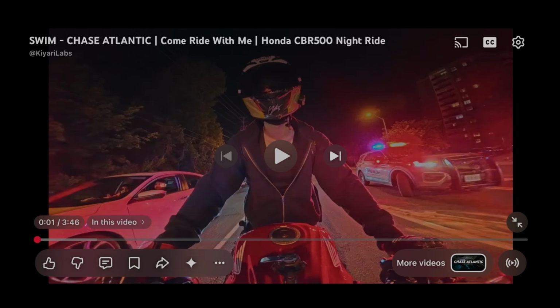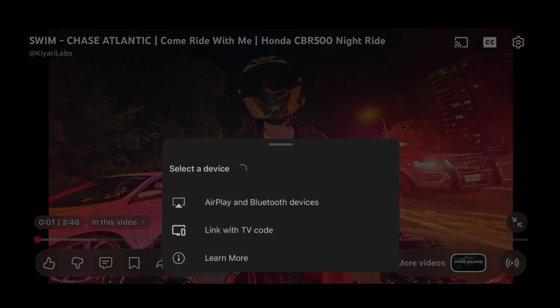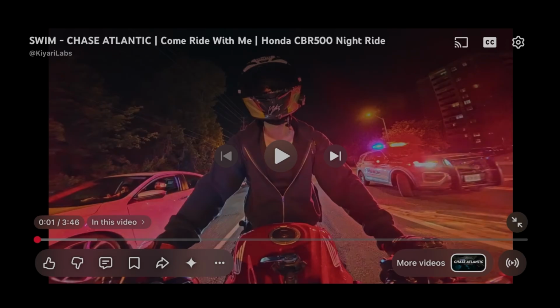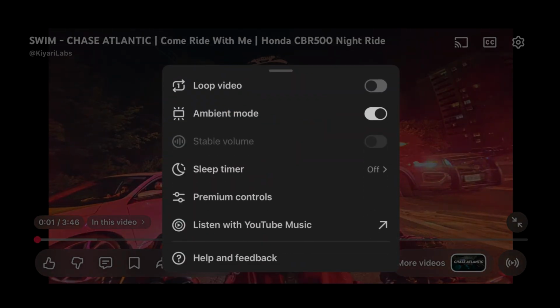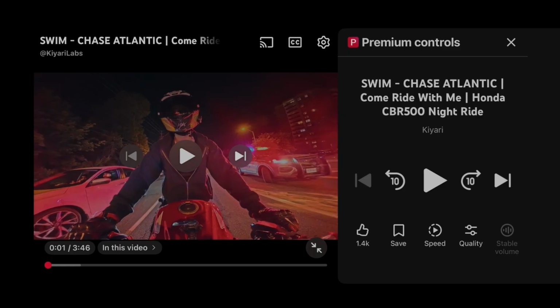Now, when you're in full screen, you have a few different settings. On the top right, I can cast it to a TV if I want to. I could press the little CC icon right there, and that's for closed captions. I can even click on the settings icon right there, and then I can choose the quality, playback speed, captions, lock screen, and I can even press more and choose all of these different things as well. So you have a few premium controls if you do have YouTube Premium anyway, so you have stuff like that